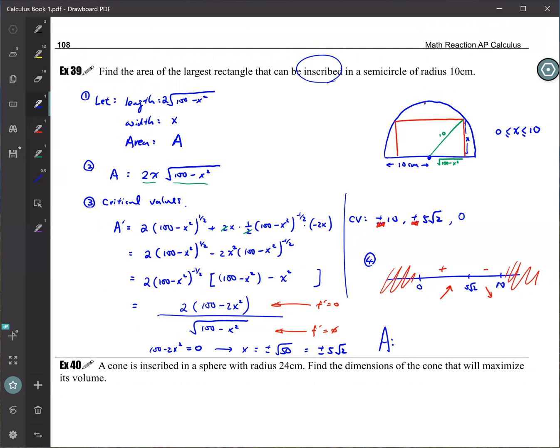Find the area. Remember, this one we're not finding the dimension. So the area, how do we get the area then? Joan? We have the function that we got. Yeah, and then what do we do? So you just plug it in. Plug what in? The 5 root 2. Yes, very good. So please everybody plug it in, and then once you get the area, raise your hand. So you can say the max area is